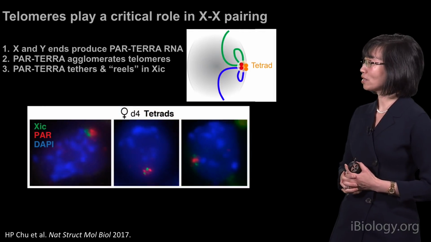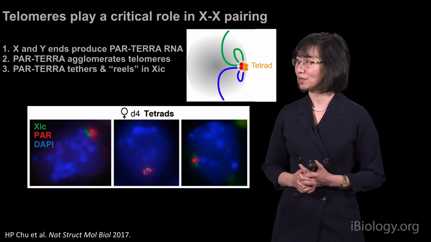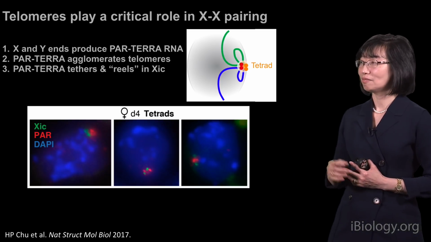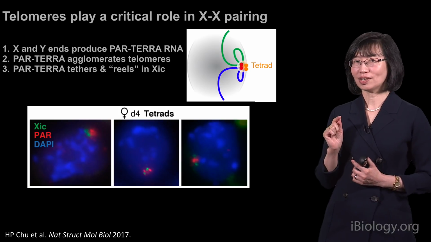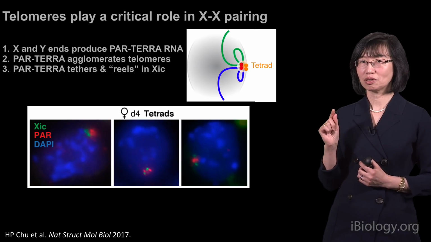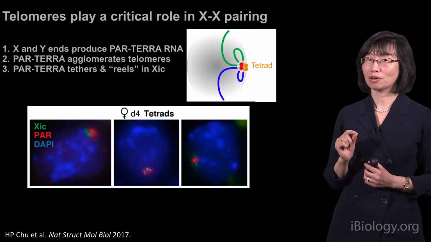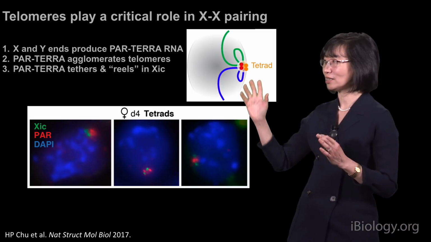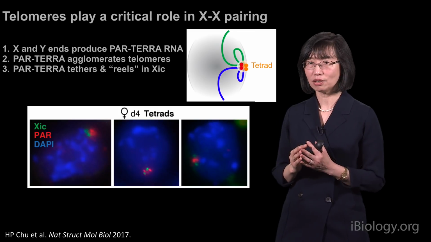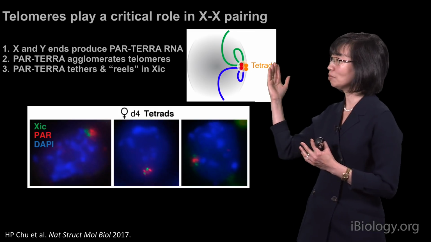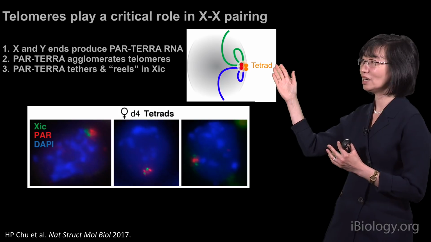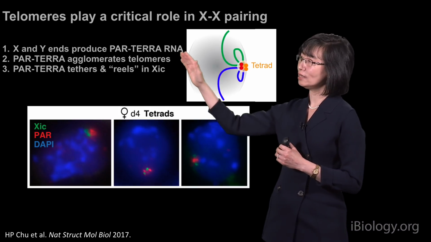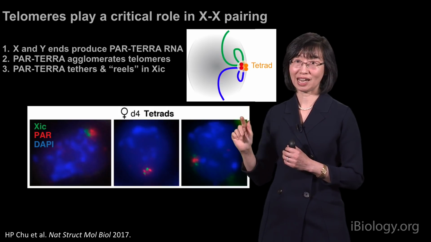All right, so before concluding lecture 2, I just want to mention one last thing, which is that the ends of the sex chromosomes, the telomeres, play a very important role during XX pairing. XX pairing is not taking place in a random place in the nucleus. Instead, it is taking place within what we call a tetrad. What we've now shown is that the ends of both sex chromosomes, the X and Y,